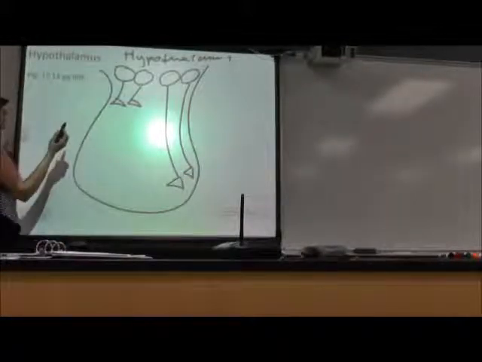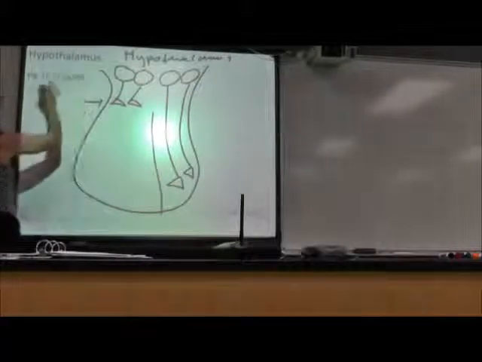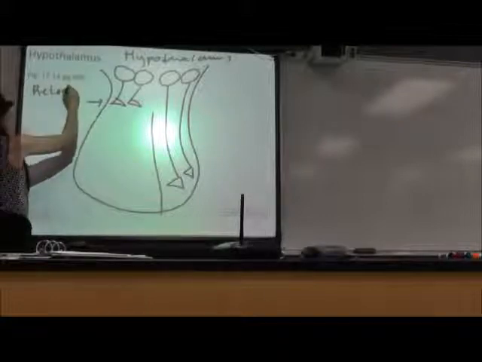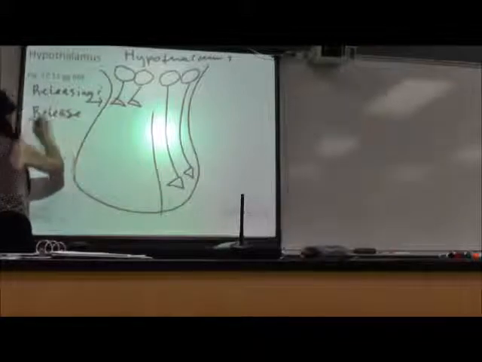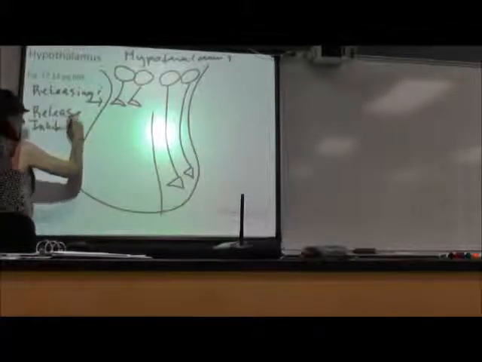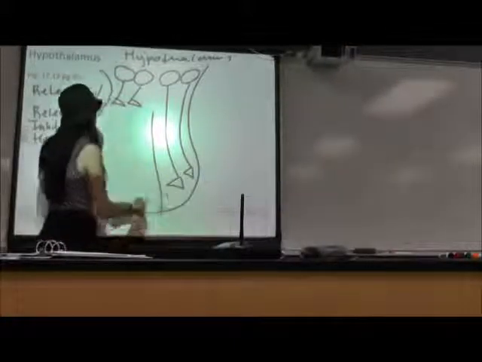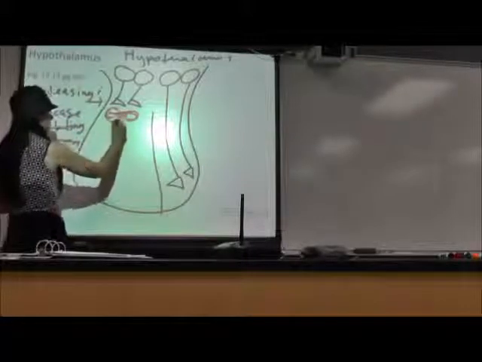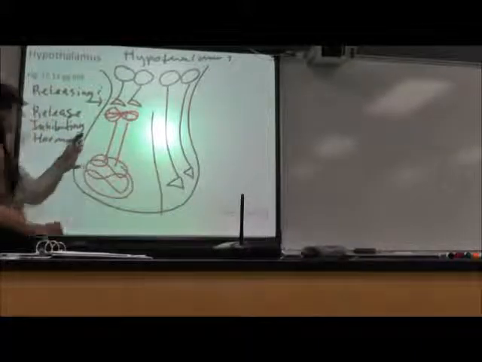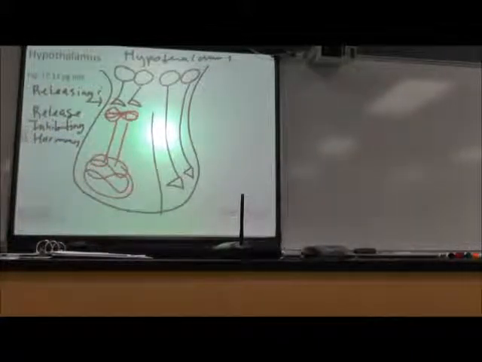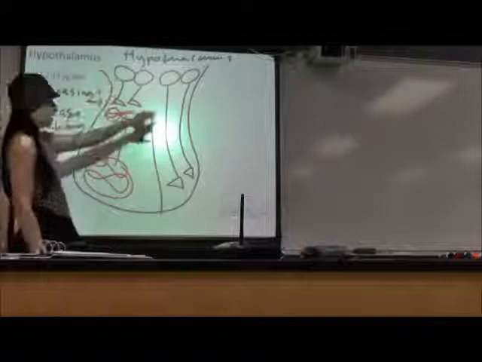So, as far as the anatomy of our hypothalamus goes, for the anterior pituitary, the hypothalamus is going to make releasing and release-inhibiting hormones. Those are going to be dumped into the primary plexus of the hypothalamo-hypophyseal portal system. They travel through the portal veins, and they pool around cells in the anterior pituitary. So we're going to go through each one of those pathways individually, but for now, let's talk about these posterior